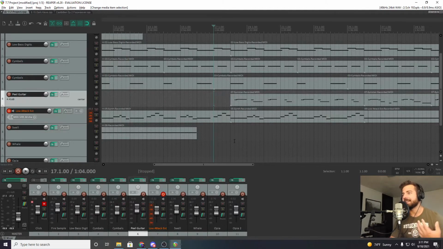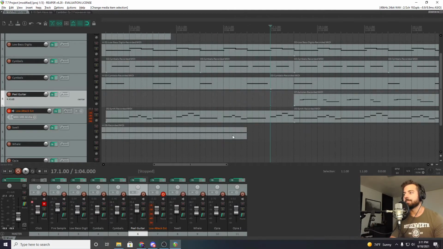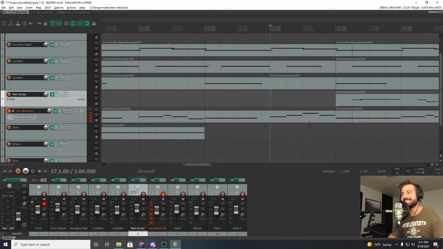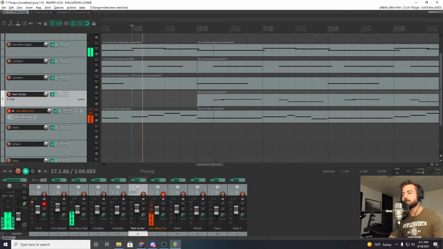So I ended up adding a counter melody to capture some textures that weren't really being represented, capture some sonic space in the mix that wasn't being represented, and capture some rhythmic areas, which is really important with counter melodies. You don't want it to step on the lead melody's toes. You want things to kind of fold together, like a zipper almost. So check this out. This is generally how counter melodies will go in this song.